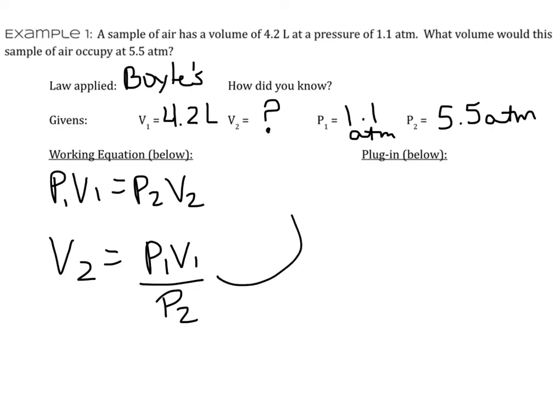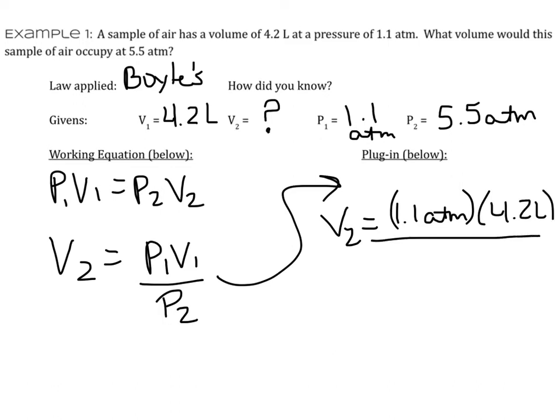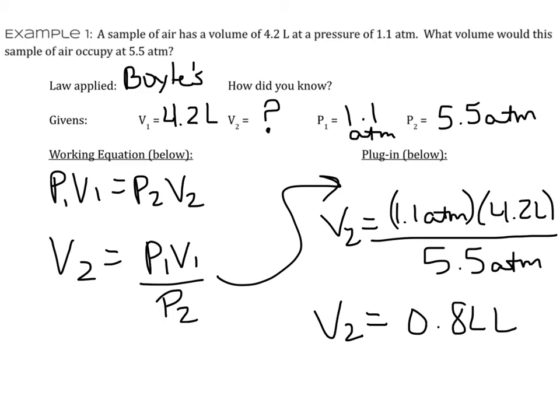Okay? When you plug the information into this question, you'll get V2 equals 1.1 atmospheres times 4.2 liters divided by 5.5 atmospheres. And that comes out to give us 0.84 liters. Noting especially that the way that you've set up your working equation, you have atmospheres dividing out